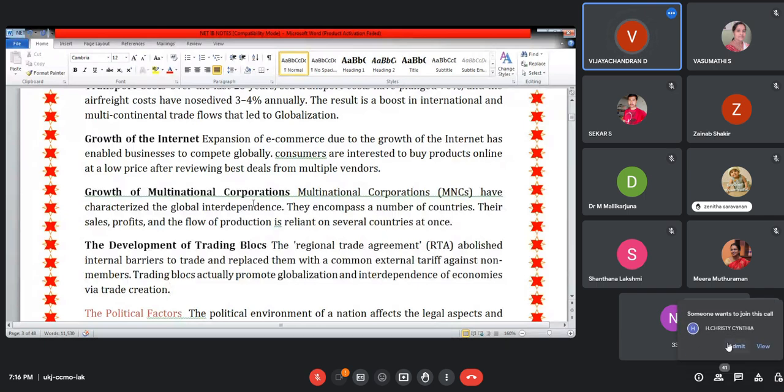Those who already attended the NET examination can realize what I am discussing now. So trading blocks, very, very important. Opta, NAFTA, OPEC. So what is a trading block? A trading block is a group of countries. The member countries will trade and there will not be any restriction. The member countries in the trading block will do business without any restriction. There will not be any tariff or quota system, but a non-member country trading with the trading block will face them. So trading blocks means a group of countries, for your easy understanding.